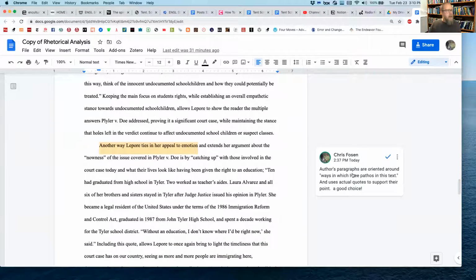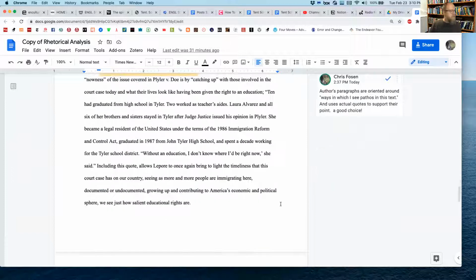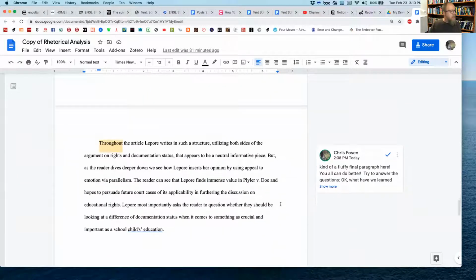Like I say here, the author's paragraphs are oriented around ways in which I see pathos or appeals to pathos in this text. Now, here's the final paragraph, and here's what I really have as a kind of an exhortation to you all in English 338. What do we have here? We kind of have a fluffy final paragraph